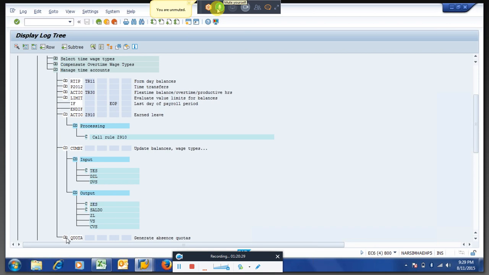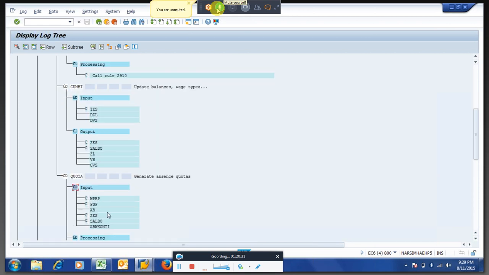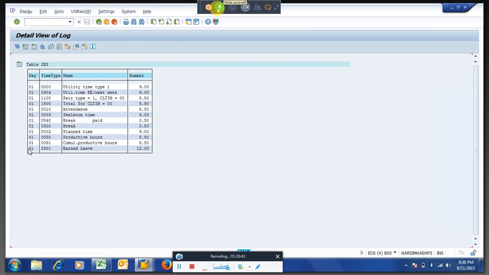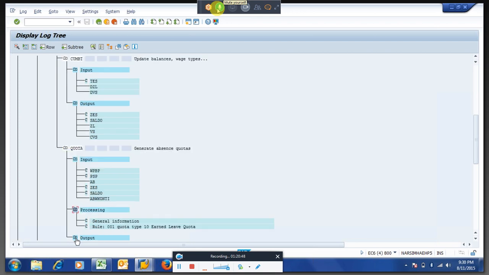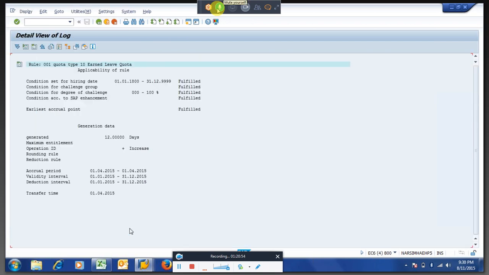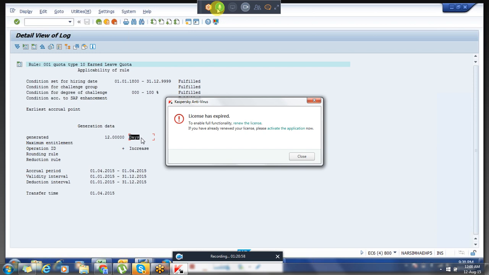It can be anything. So in the configuration, there is a function I mentioned, the standard function given by SAP, that is the quota function. Again, it will take this ZES as input. So this 12 hours is there, and whatever generation rule we have written is here. That is our configuration table, if you remember. If you see where the days are coming from, it is from the configuration.